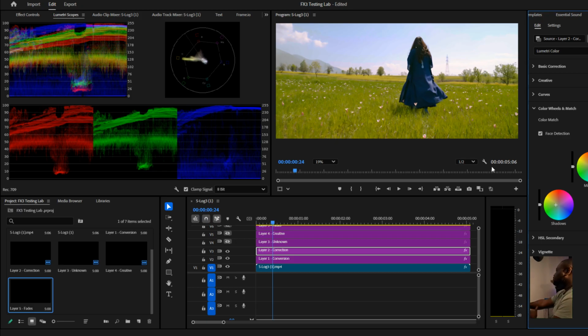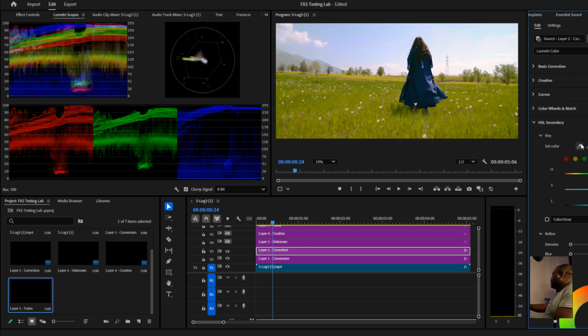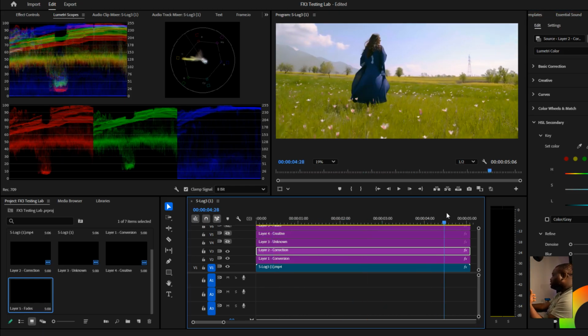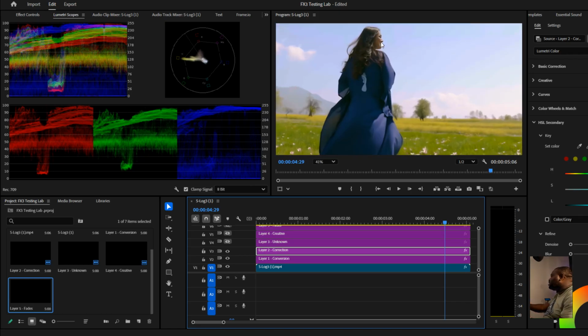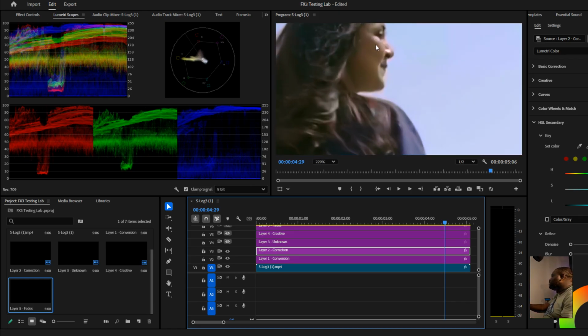Okay, all right, cool. So let's just say I'm okay with this, and that's the feel that I want. Then the next thing would have been my HSL. There's not a lot of skin tone in here, so I don't really want to worry about it. But let's just say if I had the skin of the subject, like right there, I could simply come into a skin, okay, and at that point I'll say,